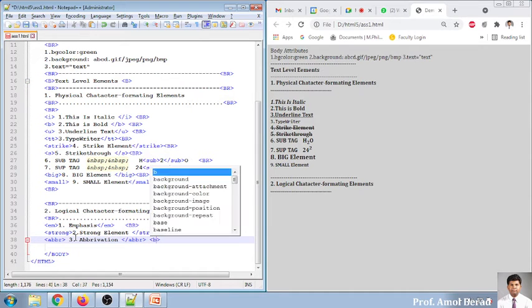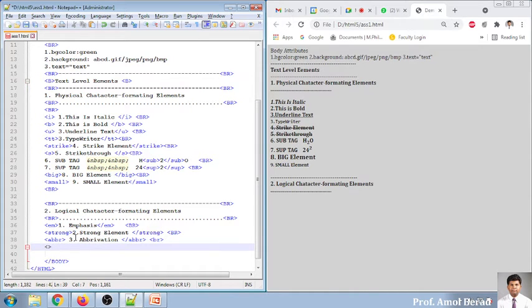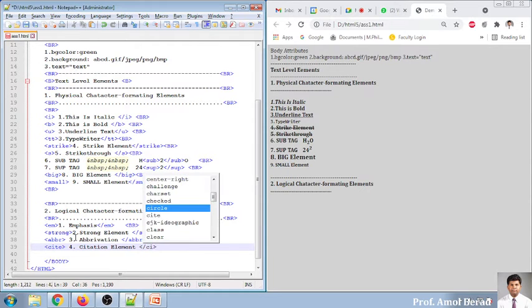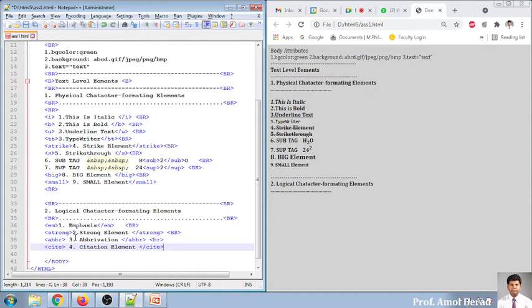I'm using break line BR. Then the fourth one is the cite tag, citation. This is basically used in research. So the citation tag, the fourth citation element, and we'll close this cite. And I'm using this BR to move to the next line.